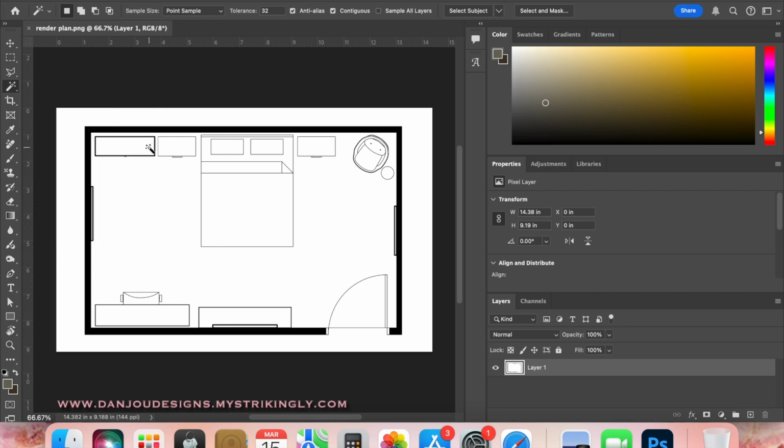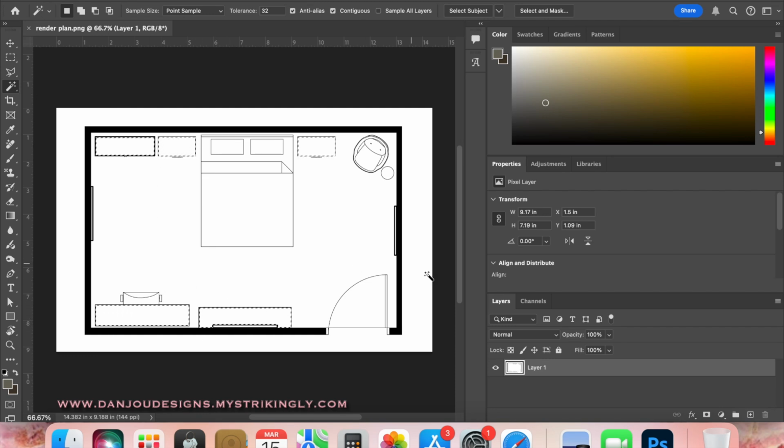So I'm going to select all the things that I want to be either the same color or the same pattern. As you can see, this is a guest bedroom. And I'm holding shift. Once you hold shift, you'll see that plus sign come up and you'll know you're activating the multi-select wand tool. So I'm going to select all the things that I want to be the same pattern or texture. So I want these two nightstands, this tall wardrobe unit, this desk, and this chest of drawers to